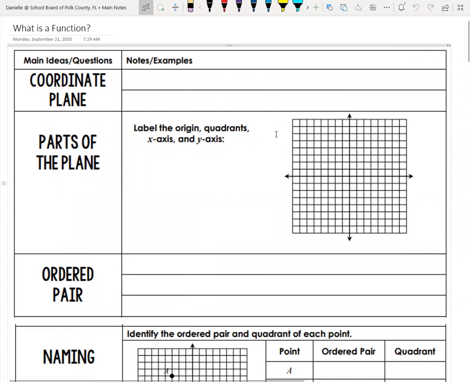So for today, we are going to talk about the coordinate plane. And we're going to start talking about functions. A coordinate plane is a plane,